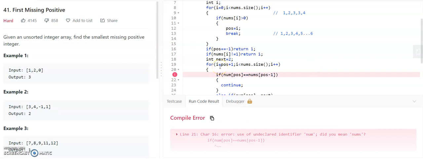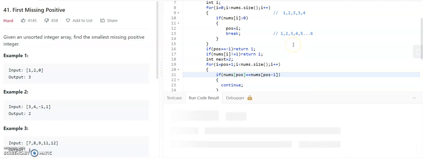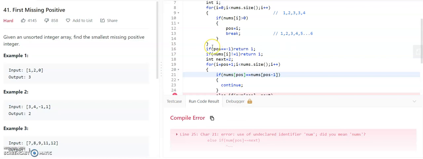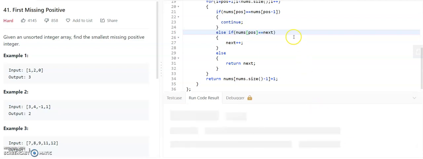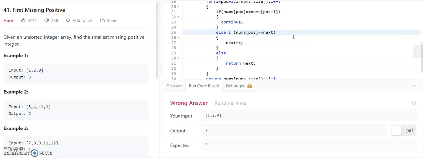Okay, yes, here it is nums. Here also it is nums. Just a minute.